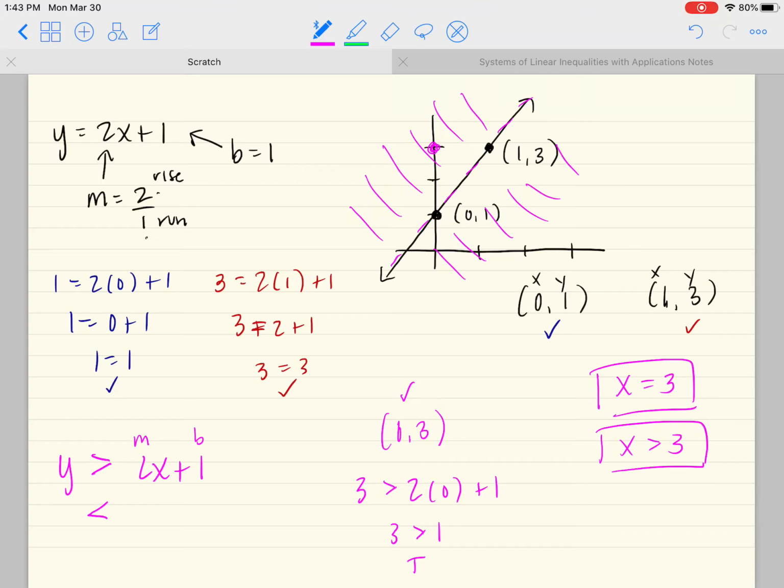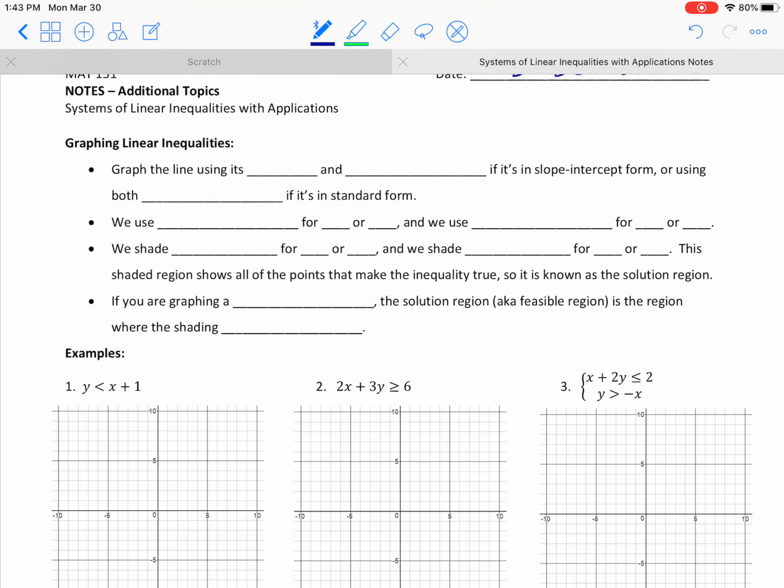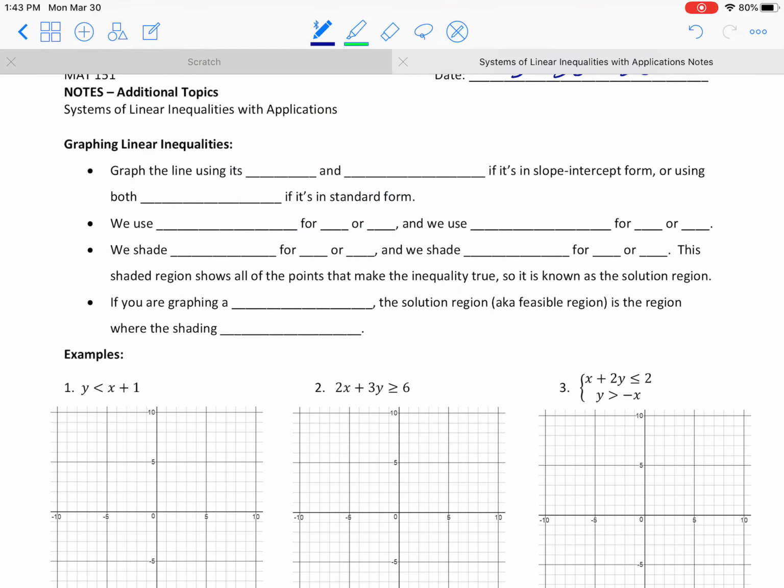Okay, so we have an infinite number of solutions, whether it's a line or an inequality here, but we have to shade to represent all the points that are above or below to capture that greater than or less than piece with the inequality. Okay, so if we're going to graph here, we graph our line, whether it's an inequality or equation,